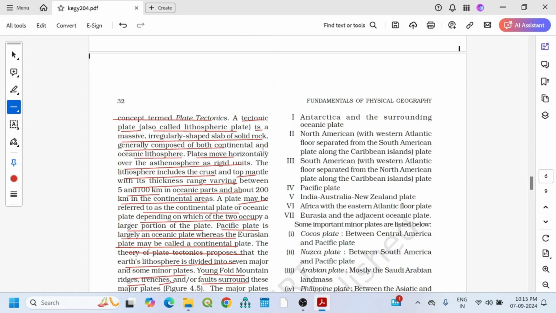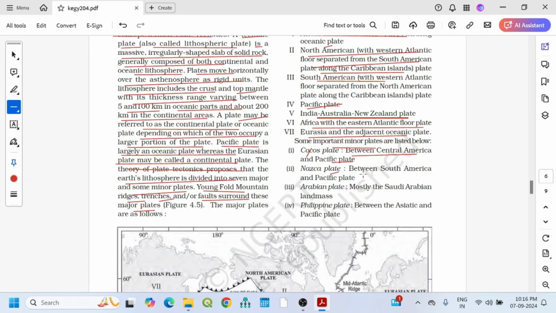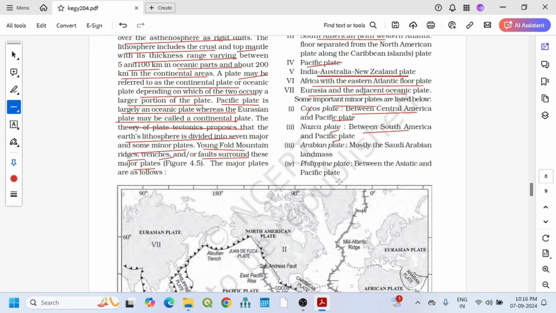The major plates are as follows. Antarctic and the surrounding oceanic plates. North America with Western Atlantic floor, separated from the South America plate along the Caribbean island plate. South American plate, Pacific plate, India-Australia-New Zealand plate, Africa with Eastern Atlantic floor plate, Eurasia and the adjacent oceanic plate. Some important minor plates: Cocos plate between Central America and Pacific plate, Nazca plate between the South America and Pacific plate,